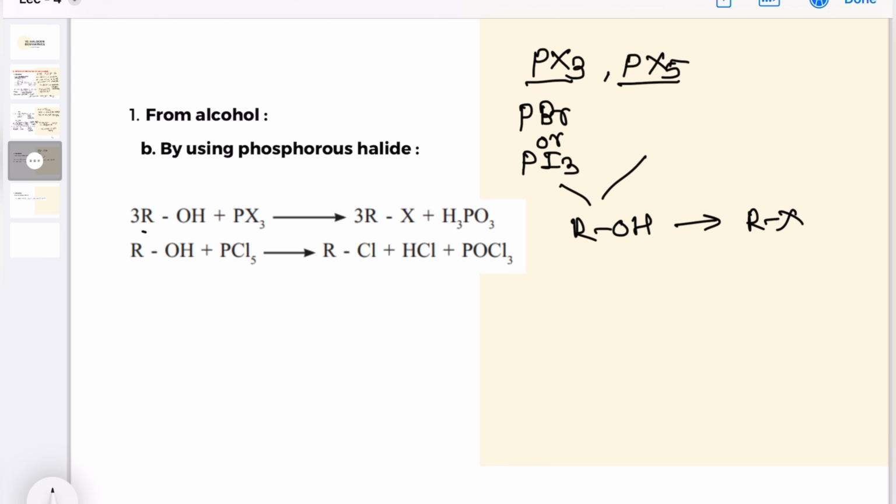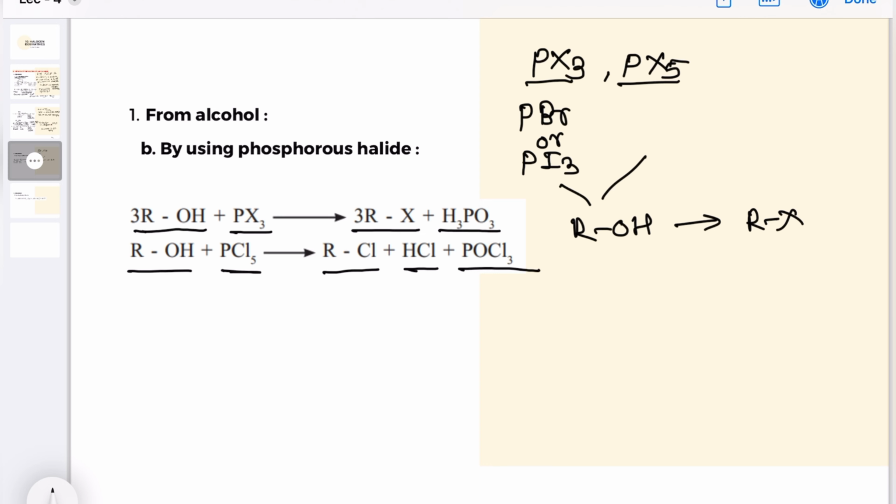So in that, if alcohols react with phosphorus trihalide, then the formation of alkyl halide with H3PO3, that is H3PO3 named as phosphorous acid, okay. Then in the next condition, if we react alcohol with phosphorus pentachloride, then the formation of alkyl chloride plus HCl and POCl3. Okay,